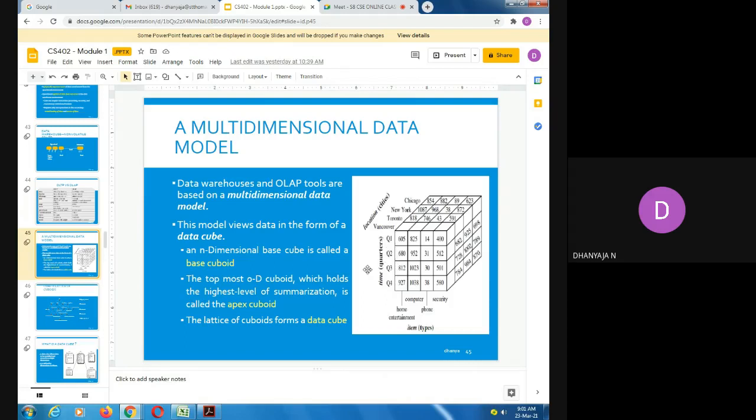The year is divided into 4 quarters, and during each quarter, how many sales happen for each of these products in different cities. So here this cuboid is called a base cuboid, and the topmost cuboid, which holds the highest level of summarization, is called the apex cuboid. The lattice of cuboids forms a data cube. So this is a multidimensional data cube because it contains more kinds of information.